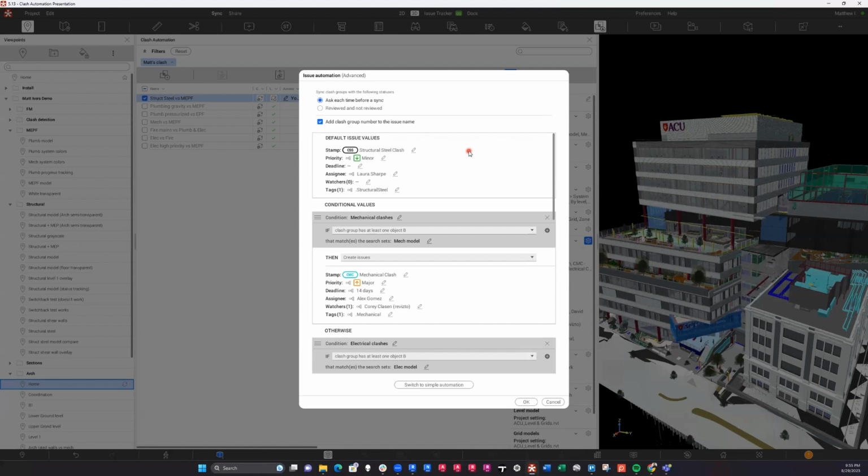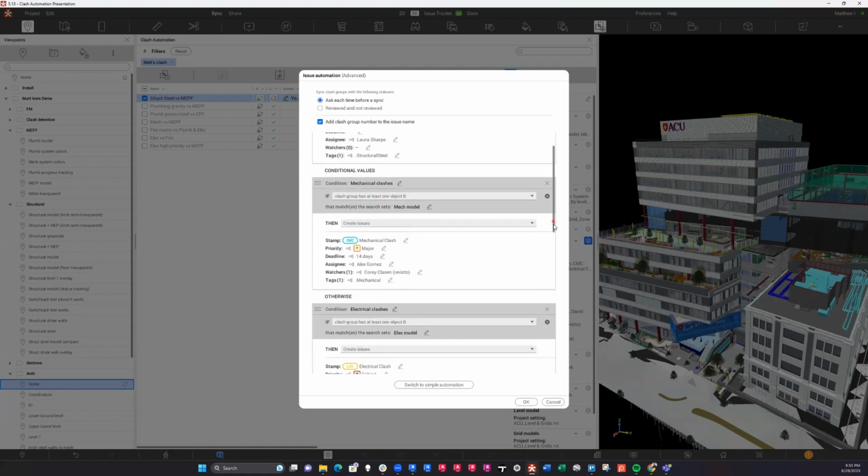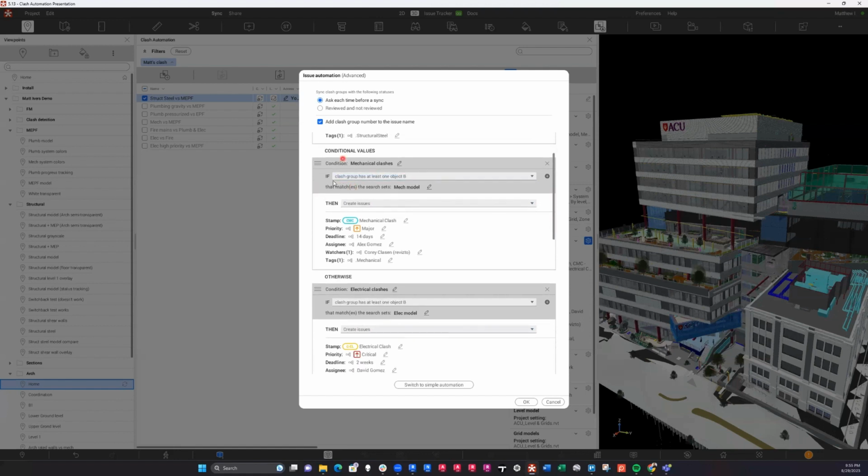If we did a really good job with our searches, nothing will get assigned to them, because obviously anything that does clash with steel will actually get assigned to the search set B. And you can see these are the rules or the conditions I have applied, and it's really the logic that's built into the clash automation tool that allows us to really automate how it's going to assign these clashes